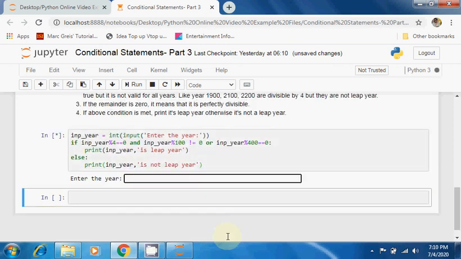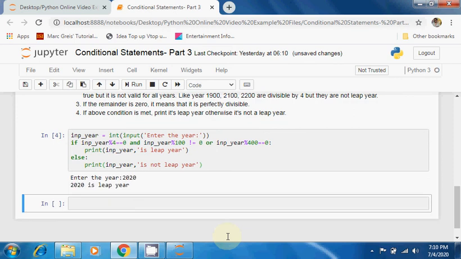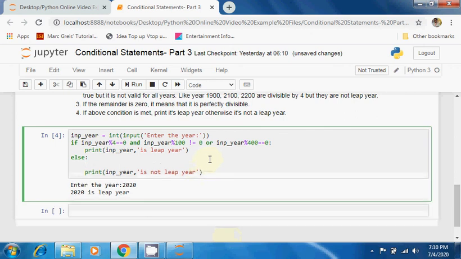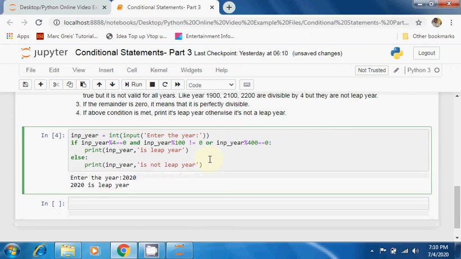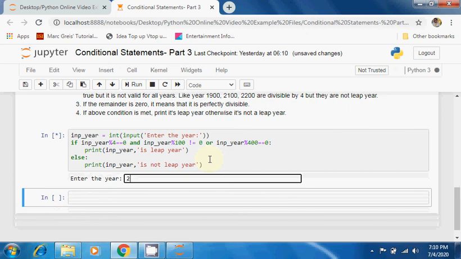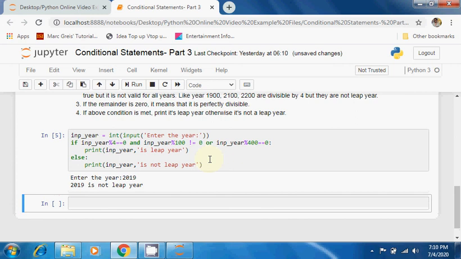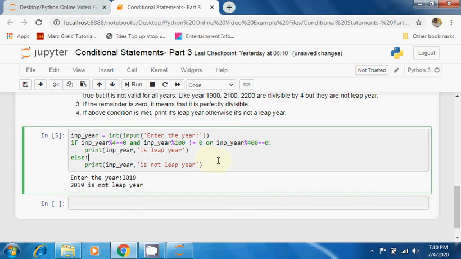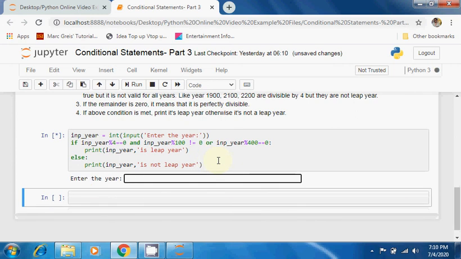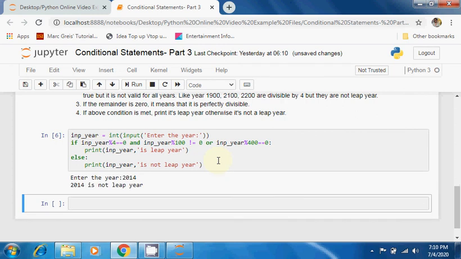Okay, so 2020, let's start with this, enter. 2020 is leap year. Let's check for one or more two values. 2019, now this is not leap year. Let me check one more value. 2014, enter. So it is not leap year.